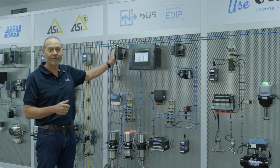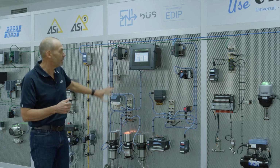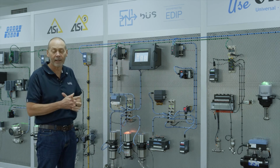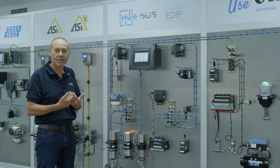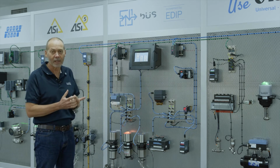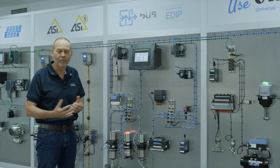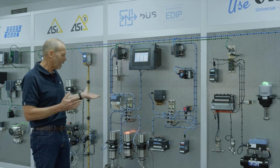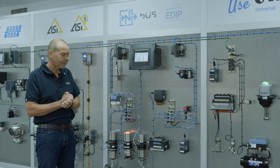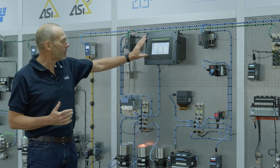And then you only have one Profinet node, as an example, connecting everything that's on this side, including even the display. So that gives you a good idea as to where you might use this technology in things like valve clusters, as well as mass flow mixing boxes or gas mixing boxes, and other applications like that. To give you an idea of some of its capabilities,